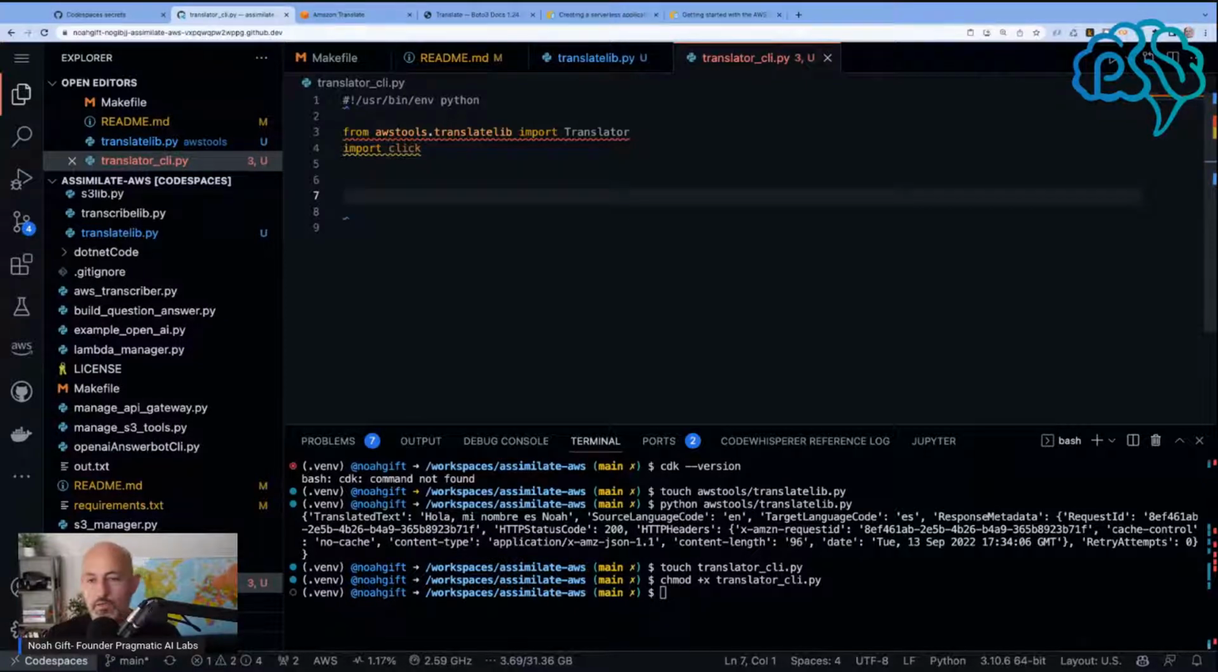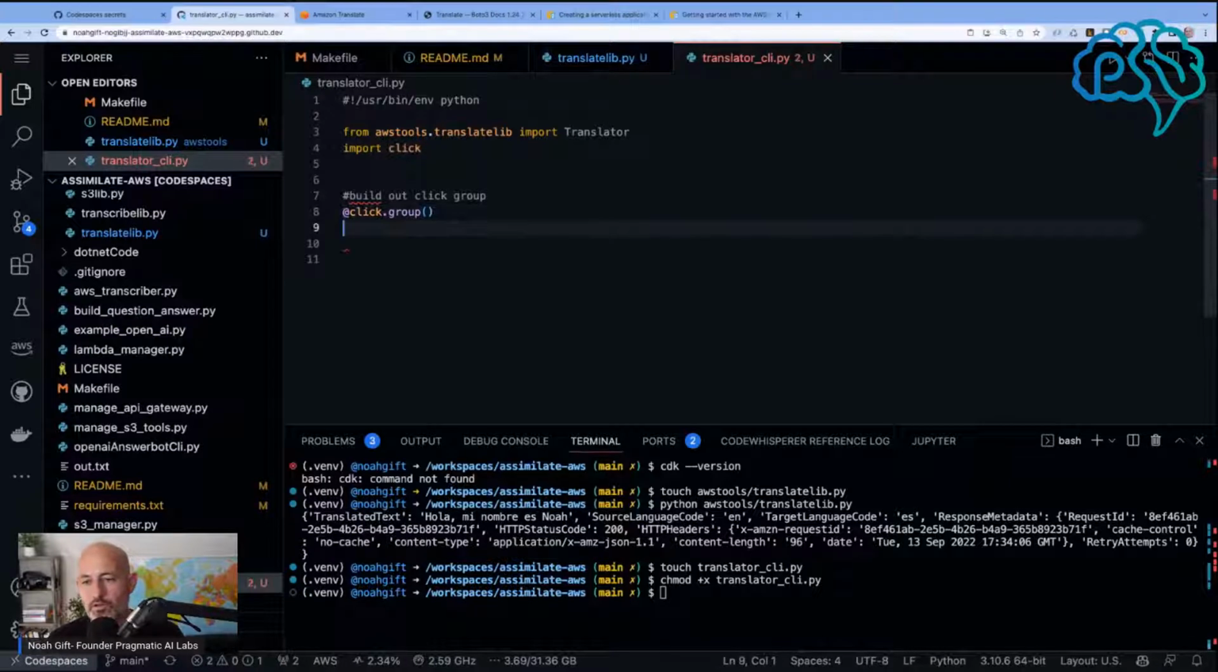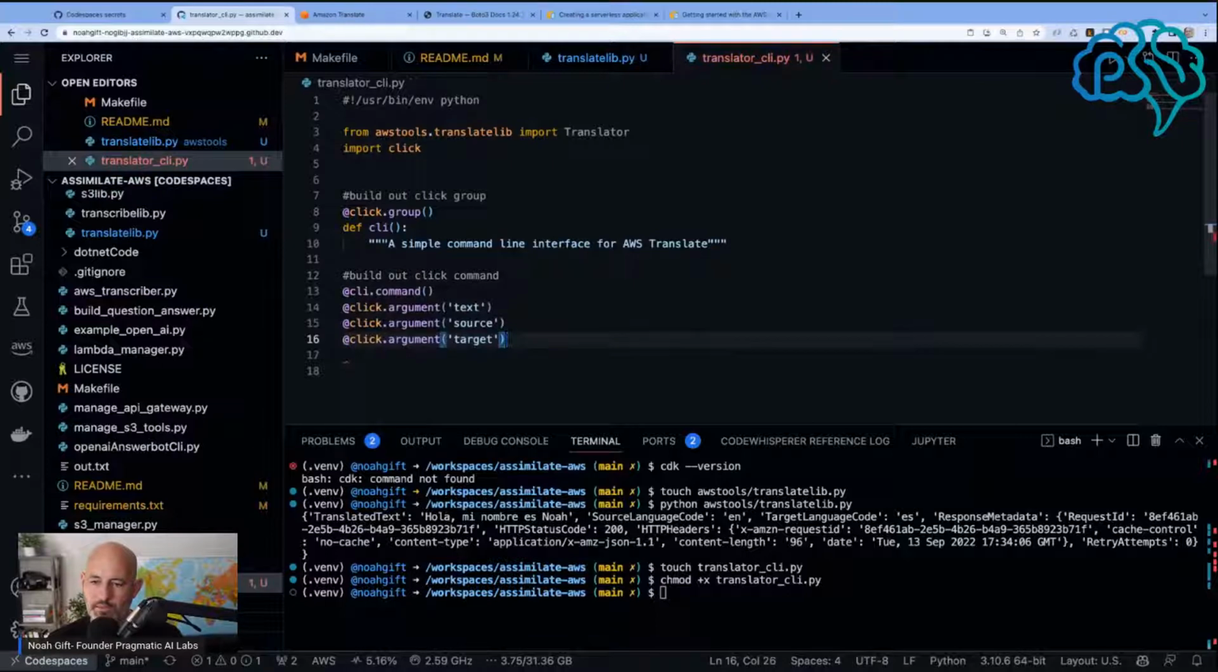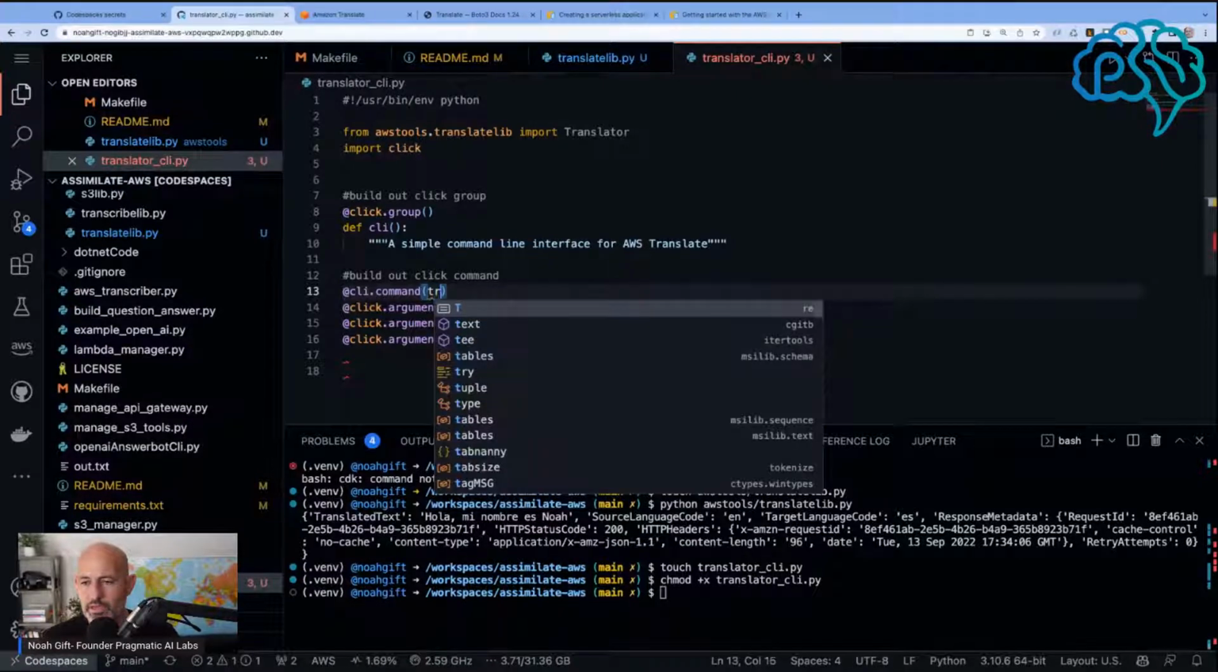So I'm going to say, for example, build out click group, and it's going to build out the group for me in click. And I'm not going to accept this prompt. I'm going to say, exactly, build out a simple interface for AWS Translate, and then we can basically do this. Yeah. I do like to build out the commands so that I can have many commands inside of here. So we'll call this